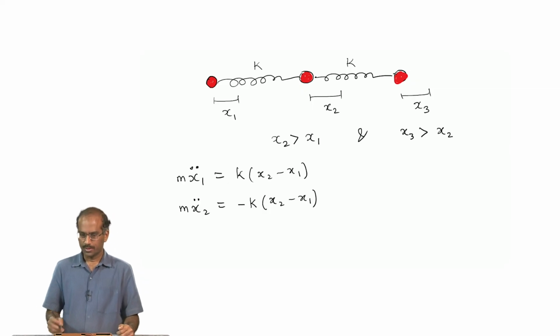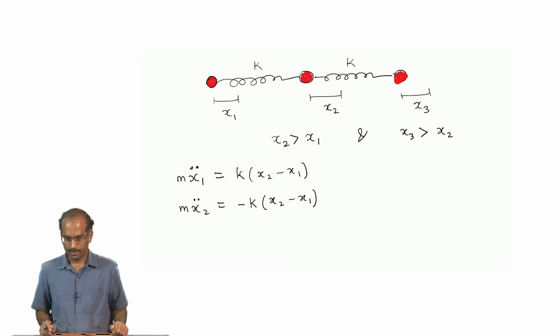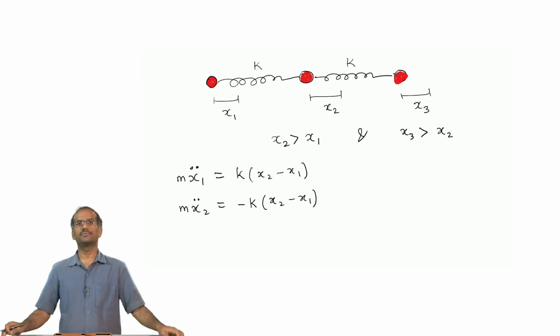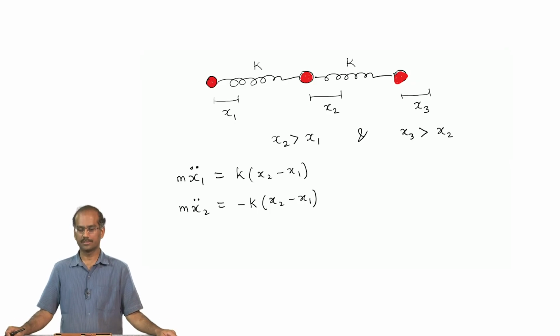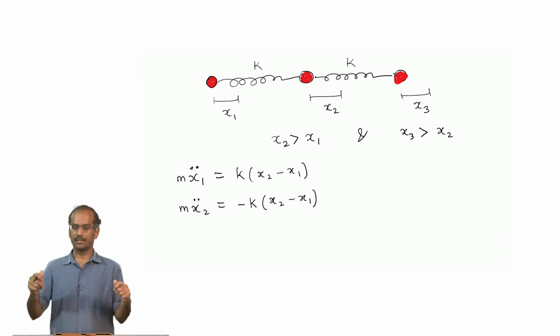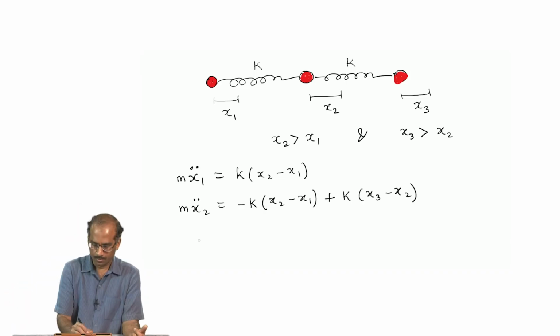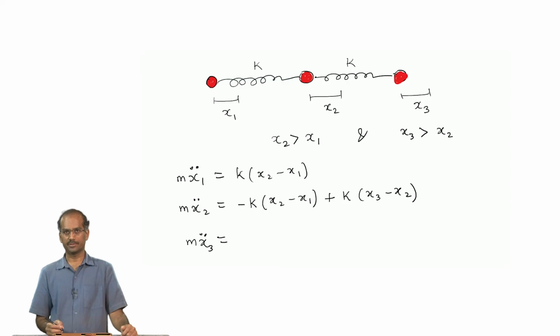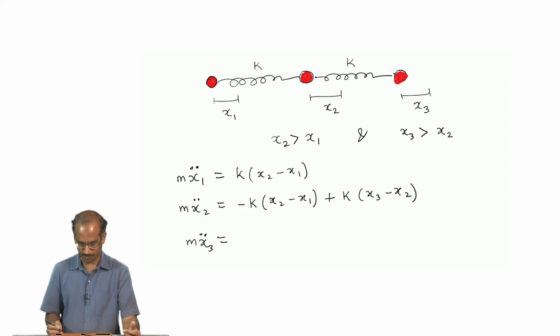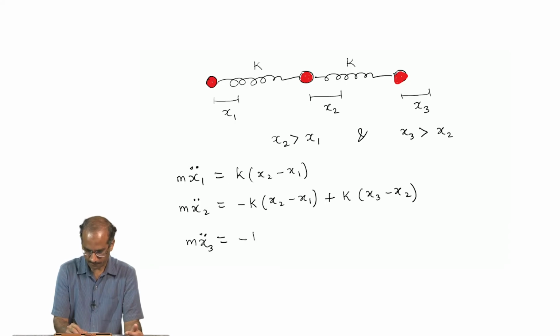And what about the next spring? The second spring that we have here, in this case we have assumed that x3 is greater than x2, which means that again it is an elongation, and by similar arguments we can write for the last particle, which is x3. In this case again it is in contact with only one of the springs. Hence, I will have